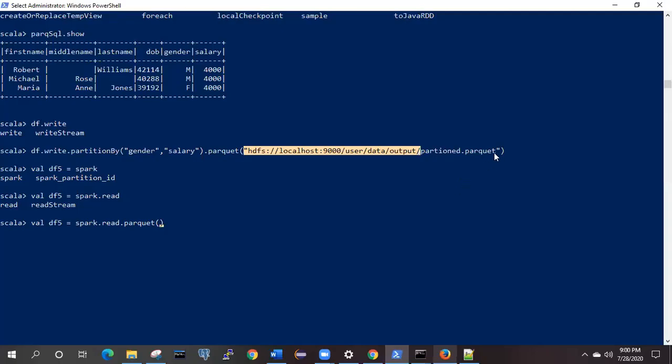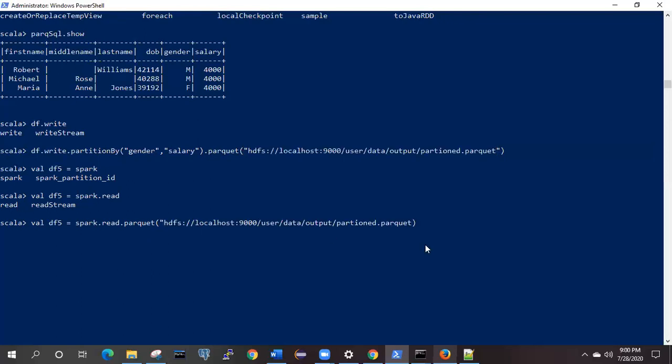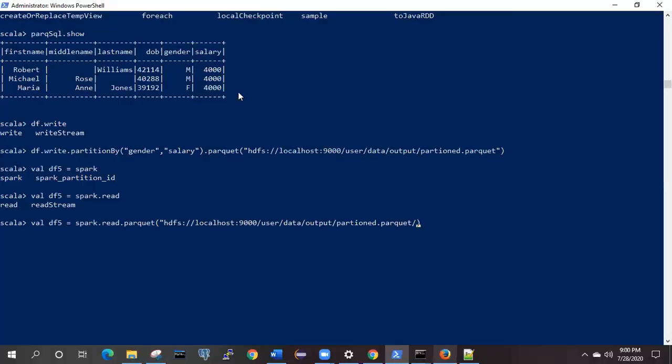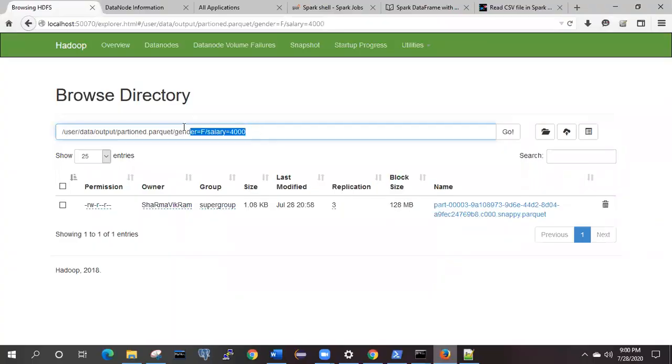Up to this we need to go, first over here, and then we have to go to parquet. After parquet we need to provide this condition also.